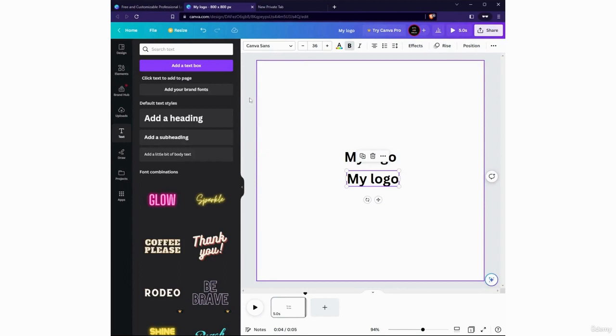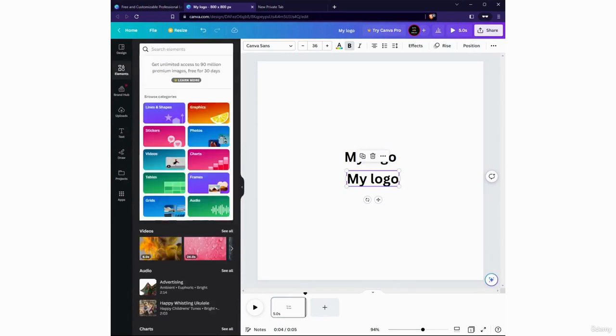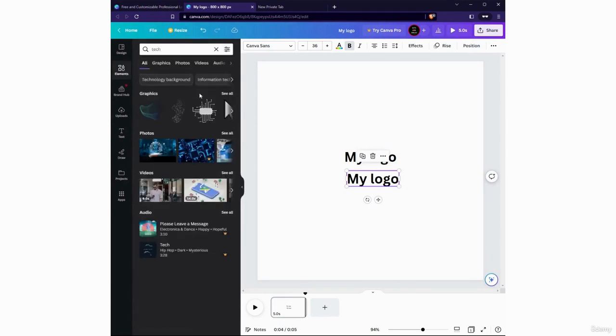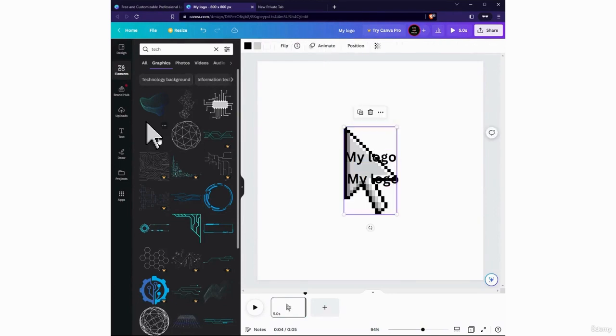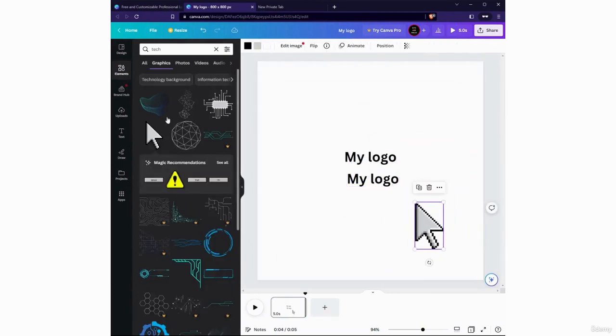What if you want to throw an element into your logo? It's real easy. You come here, you click on elements, and search for what you want. Let's look for tech. And let's see, I want graphics. I've got photos, videos. For my thing, I'm building a logo, so I want a graphic. Maybe I decide, oh, I want that old school mouse cursor we all know and love. Or maybe